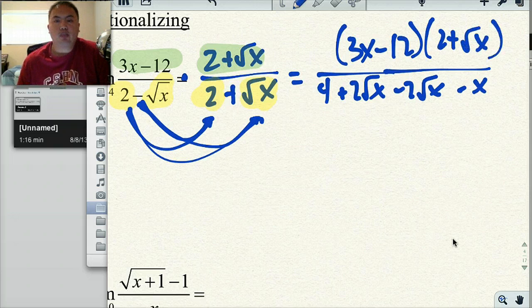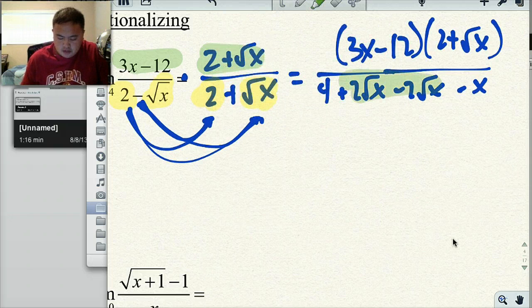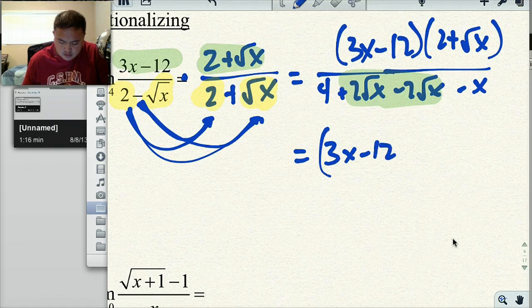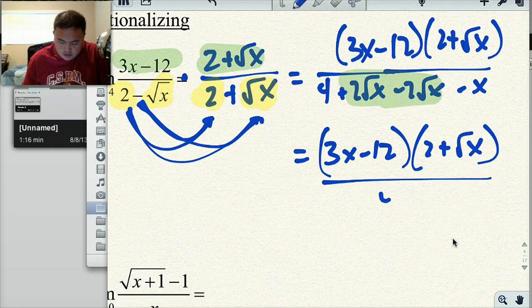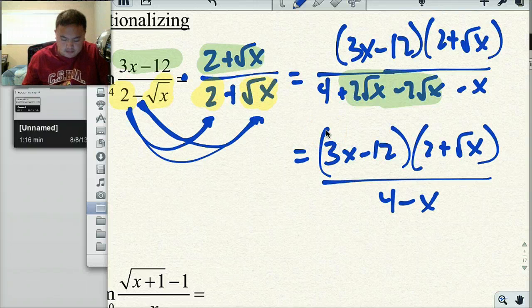Now, this is why you multiply by the conjugate. You'll notice that in the bottom, the middle terms, when I FOIL it, cancel each other out. So this whole thing can be simplified into 3x minus 12, 2 plus radical x, bottom is 4 minus x. Still nothing cancels. But again, remember this first parentheses can be factored even more. I could factor out a 3,